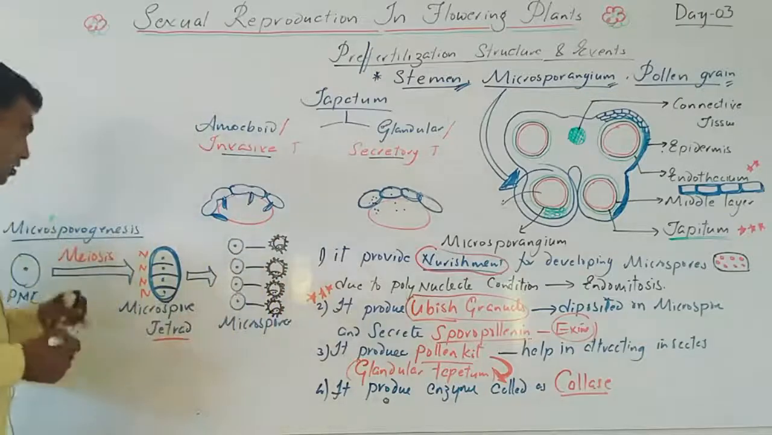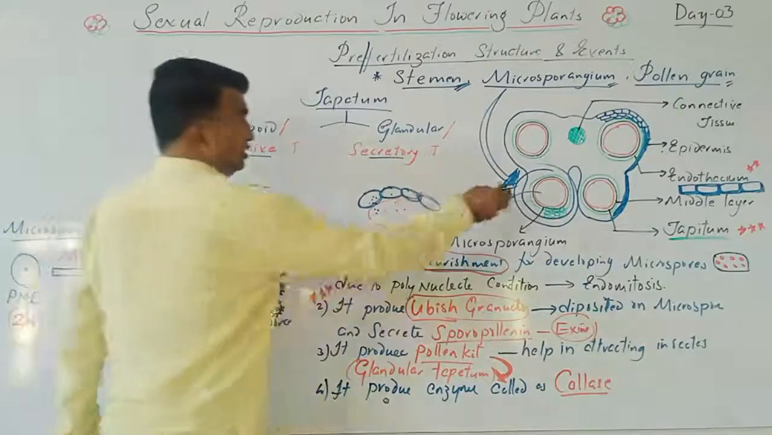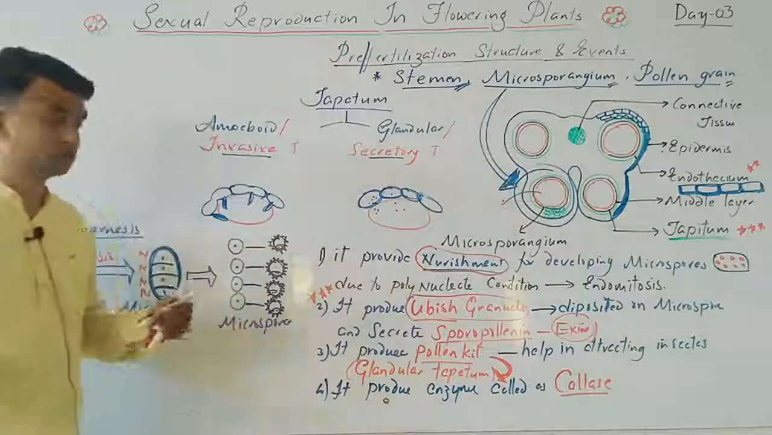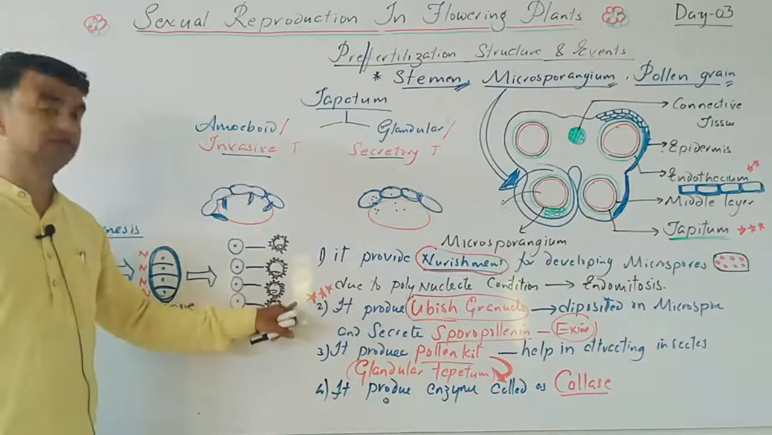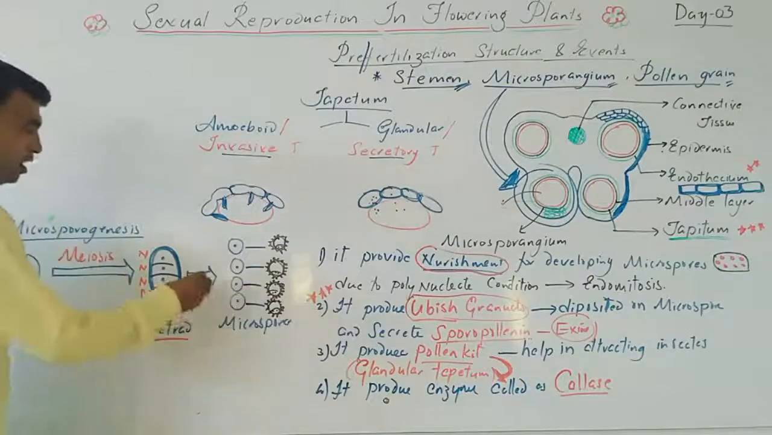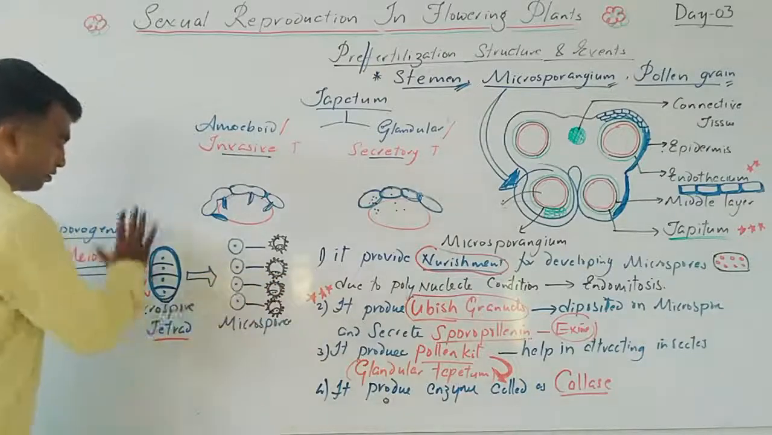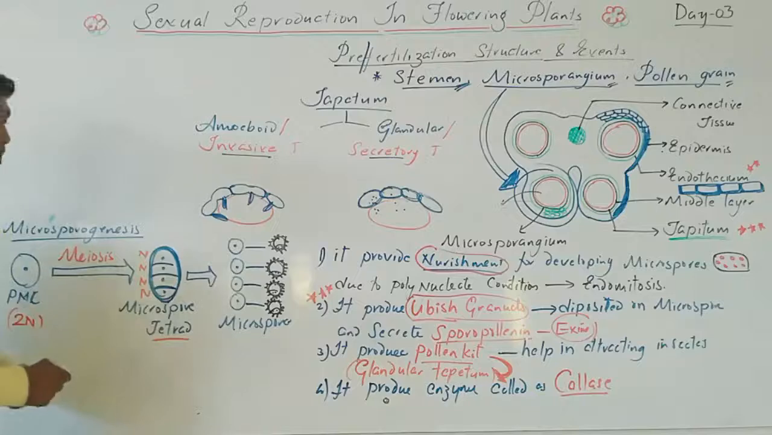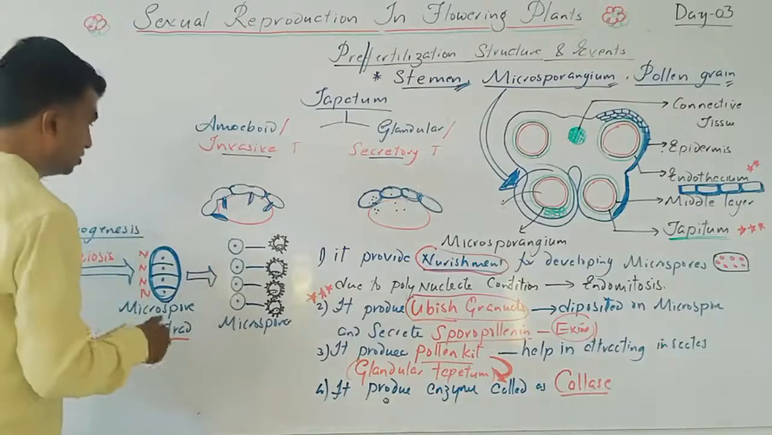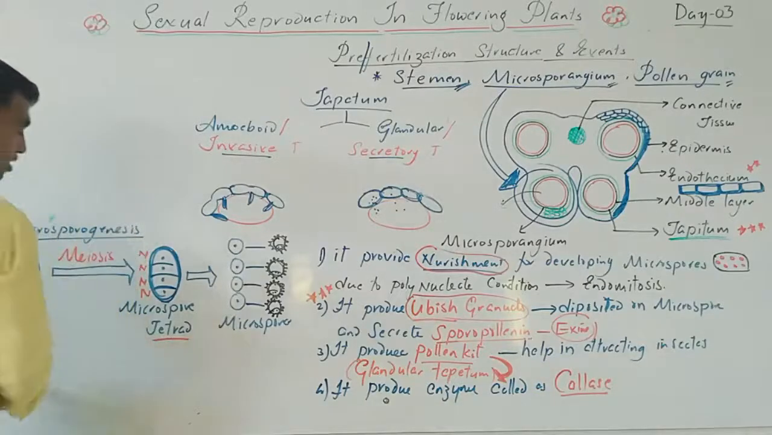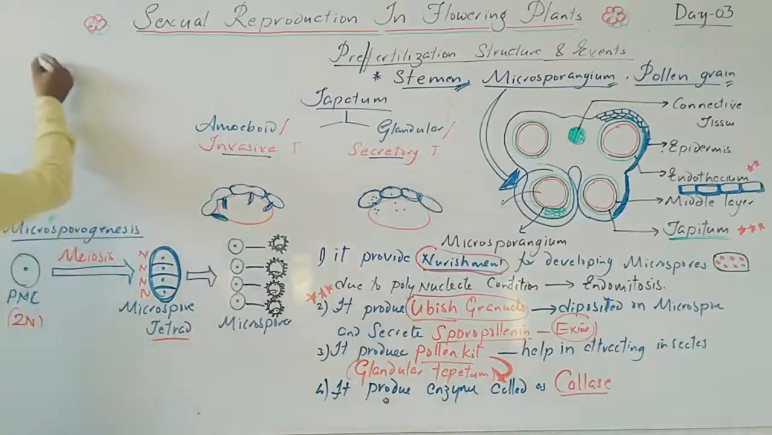So ultimately, from each microspore mother cell, thousands of microspores, the pollen grains, are produced. Every microspore will develop into a pollen grain only. Now, the microspore tetrad may be of different types, based on the alignment of the microspores. So, microspore tetrads are either